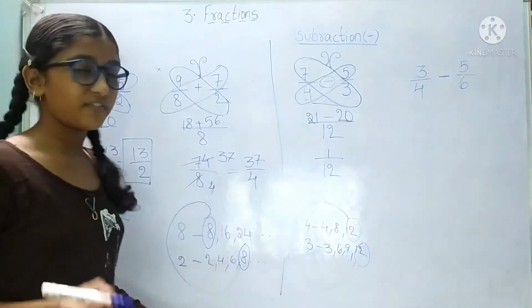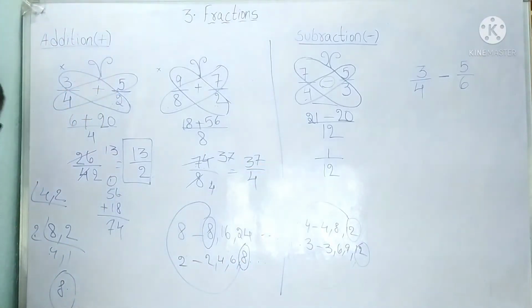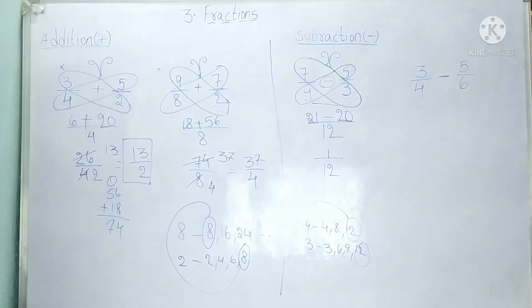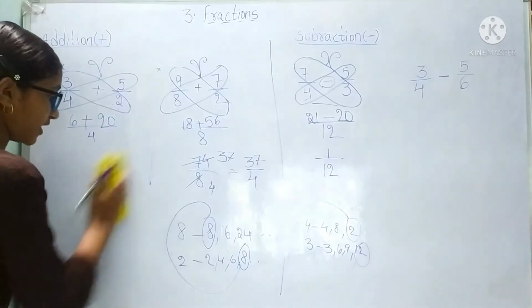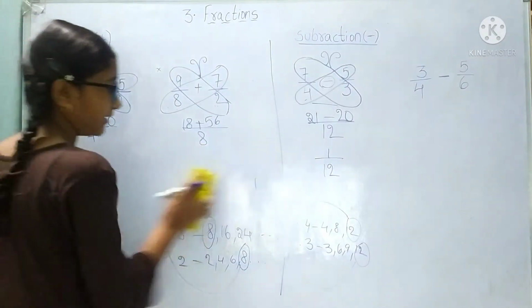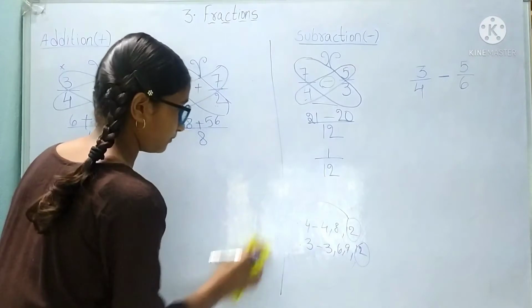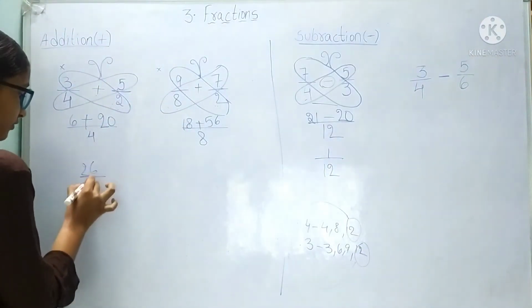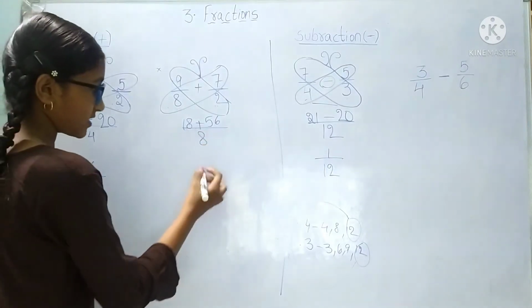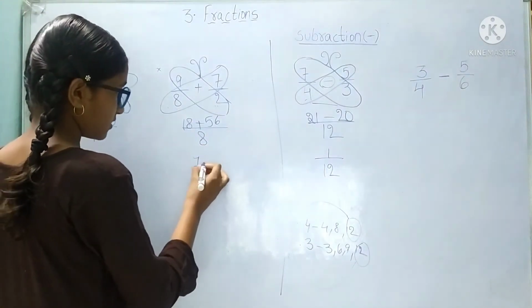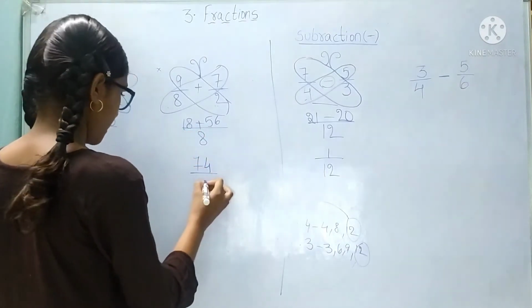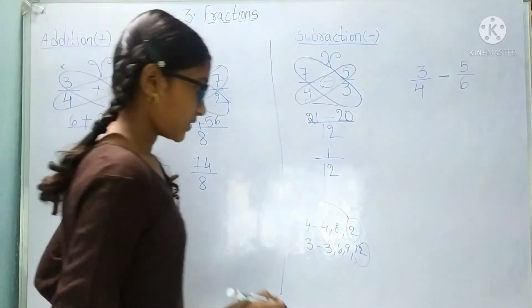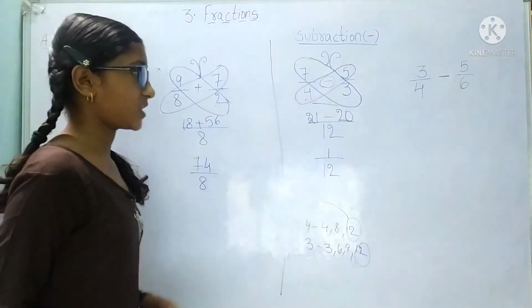Okay, it is very simple now if you understand. Here also very easy. I will repeat it. It's very clear to you all. Simply write here as 26 by 4. I am not cancelling, and write it as it is. 1874 by 8. That's all. Without cancellations also you can leave it. No problems. So here we cannot do cancellations.